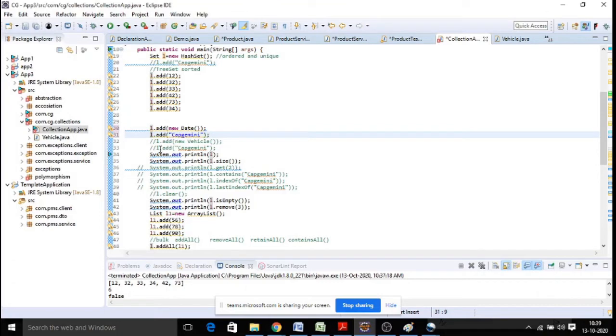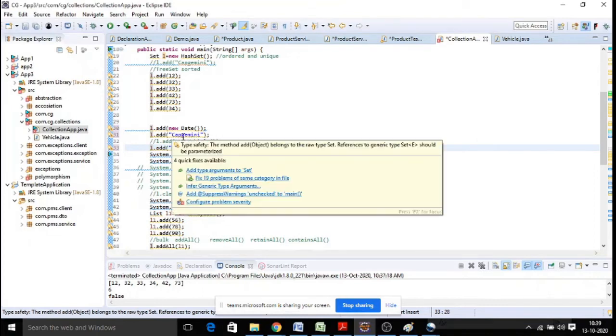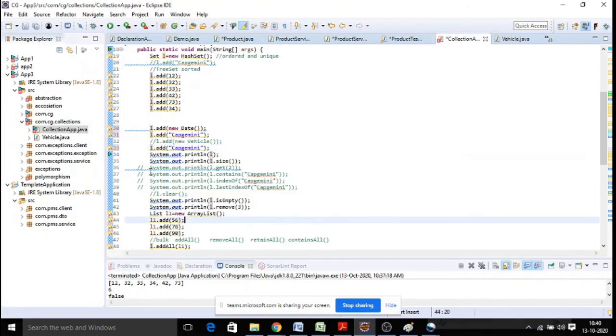Also try to add some duplicates and check whether it is allowing duplicates or not. Whenever you add a duplicate element, it will not throw any exception, but it will override the previous element, and it can give you only one unique set of elements. And you are not able to perform index-based operations. Get cannot be done, index of cannot be done because it is a set.